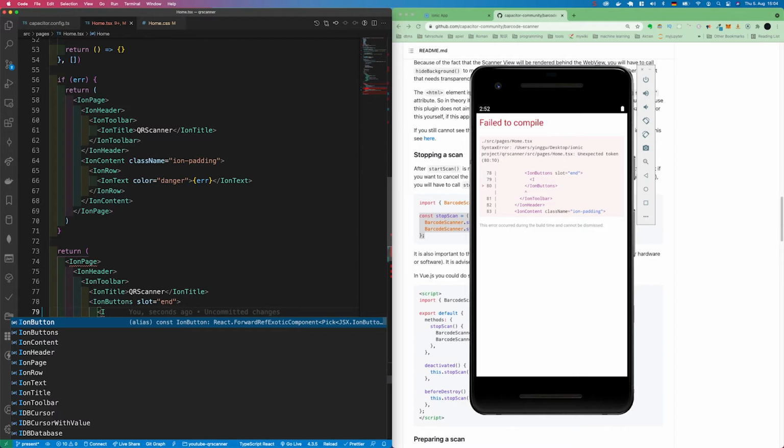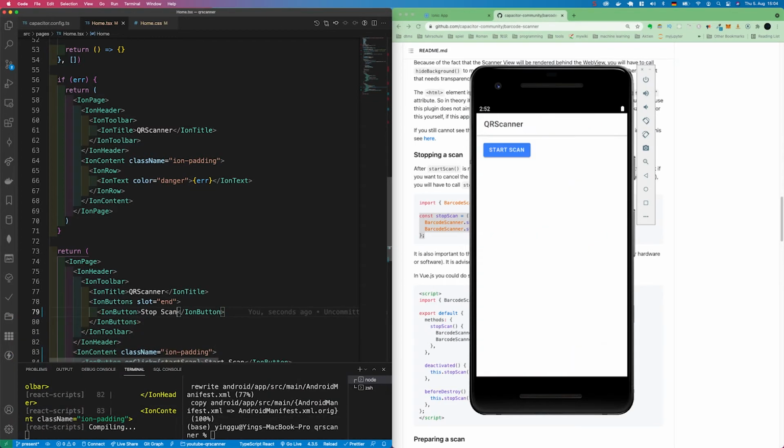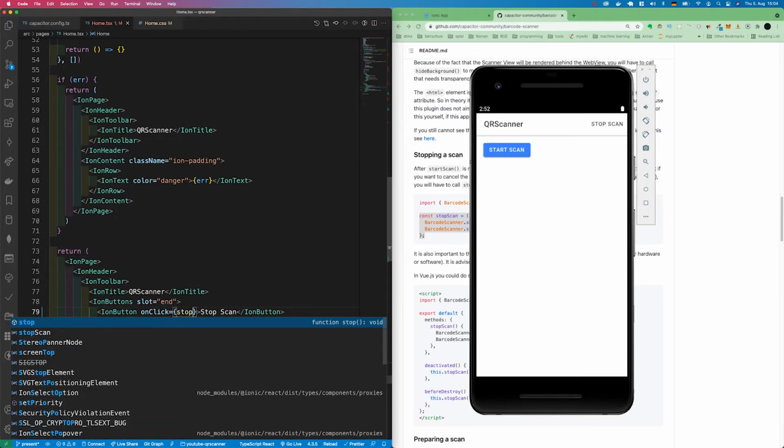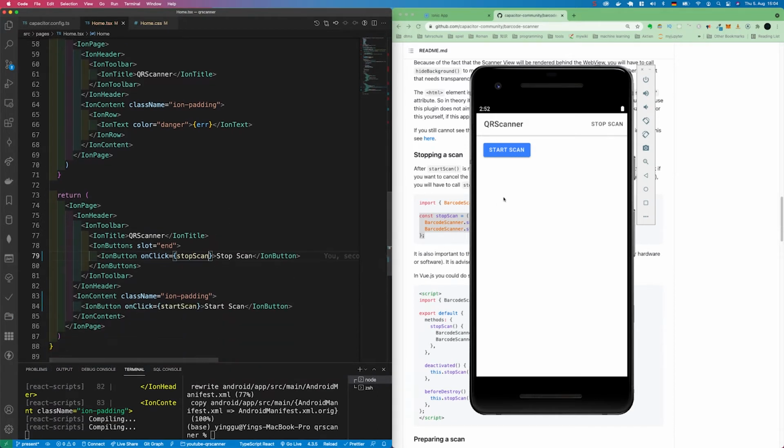Ion button, stop scan. onClick is equal to the stop scan function. Now it looks good. Let's take a look at the two buttons. If I click the start scan,